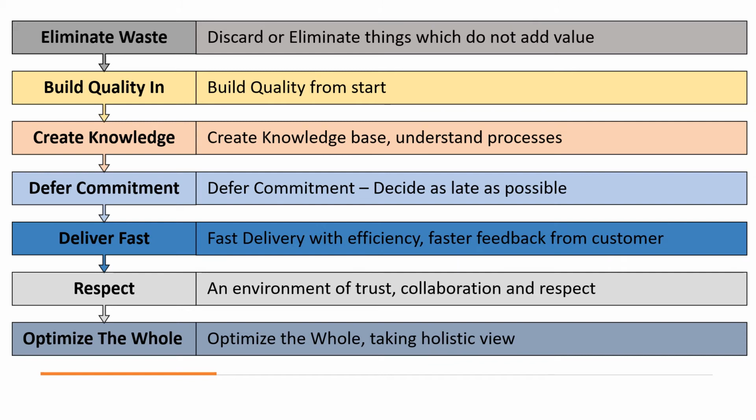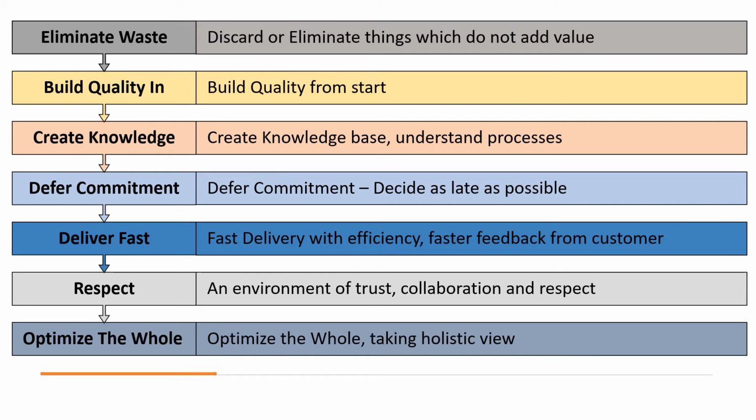Fourth one is defer commitment. That simply means suspending or deferring the commitment or critical decisions, deciding on them as late as possible. The reason being that sometimes for those critical decisions we need the right evidence and the right set of data. If that evidence and data is not available and we go for that critical decision, we will not be able to change it. So what lean is suggesting is to try to avoid all such critical decisions early, so that as and when we have to take the decisions, we take them based on the data which is